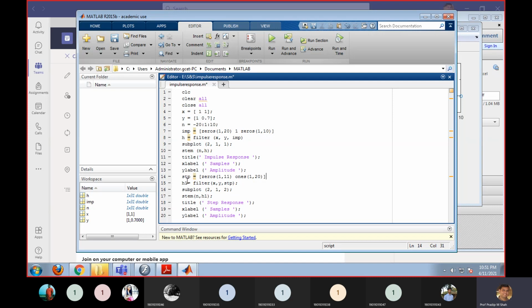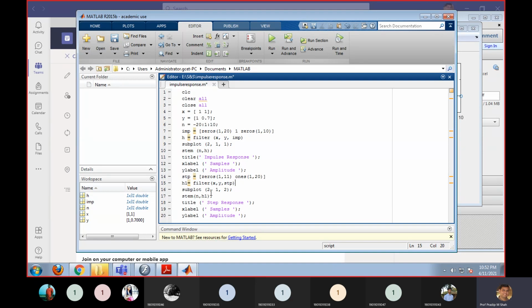Whatever H you got is the output for the impulse response. H1 is the output for the step response, because I am applying a step signal to the system. If you want to see H1, you can also remove the semicolon from the H1 filter command. Then I'm plotting.